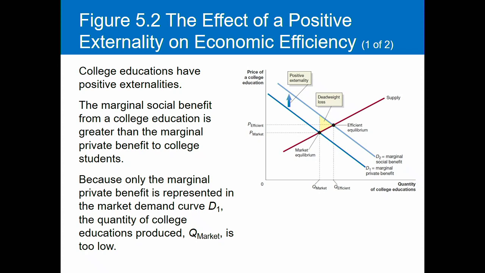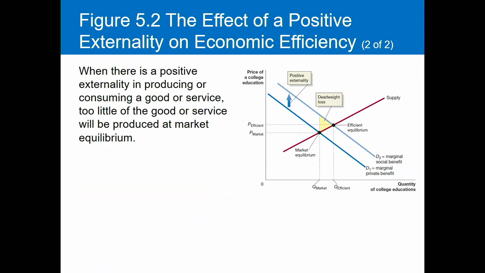So again, whether it's a positive externality or a negative externality, we're going to end up with deadweight loss, of society not being in as good of a place as it could be. And when there's a positive externality, too little of a good or service is going to be produced at equilibrium. So we need some way to move the marginal private benefit curve up to the marginal social benefit curve. If we can figure out some way to do that, then market forces will take care of us, move us towards equilibrium, and maximize producer and consumer surplus.